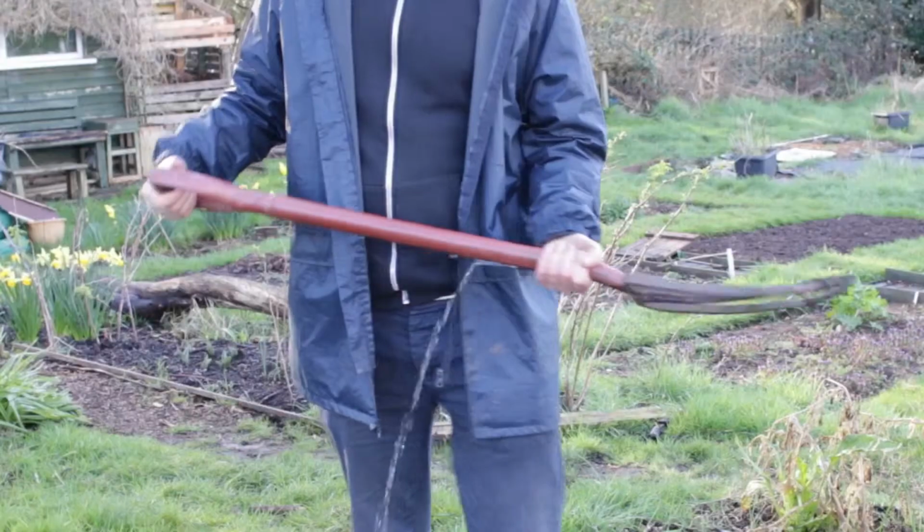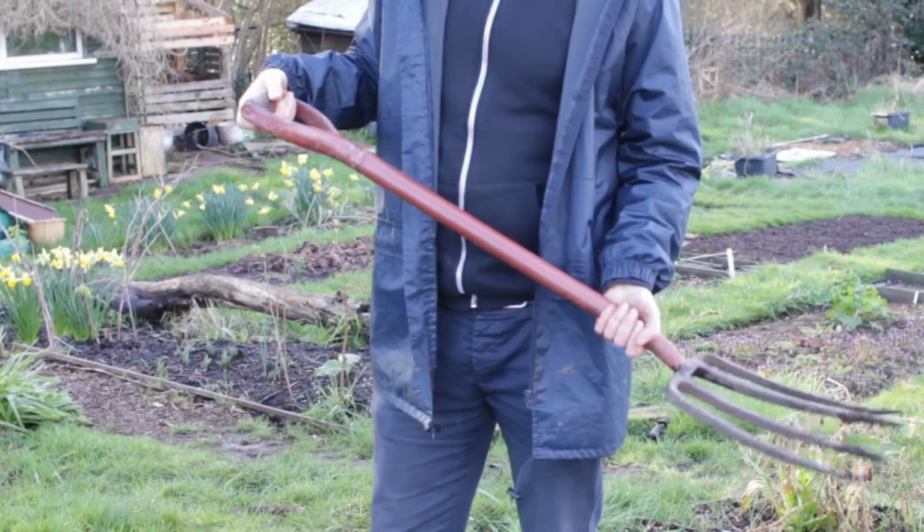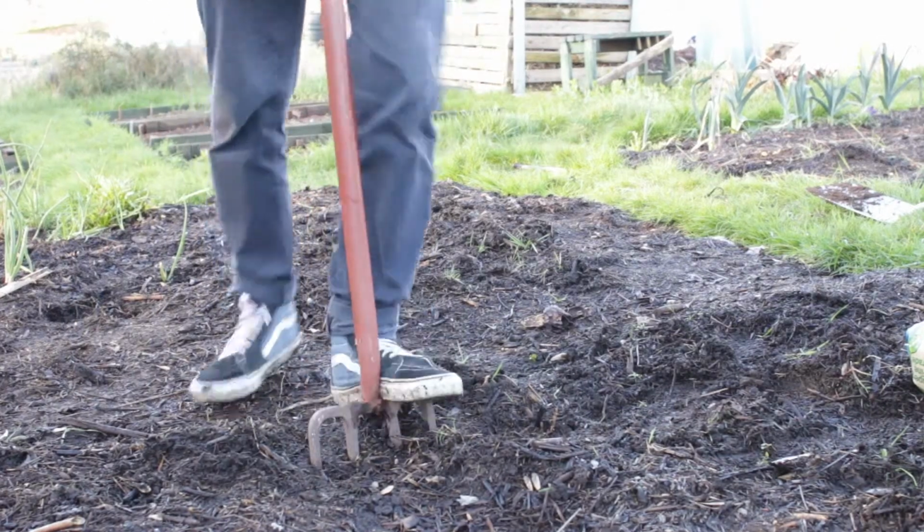My number one recommendation for something that really gets you started on an allotment would have to be a fork, and that's because I find them easier to use than spades. When it comes to digging really clay soil, when I was using a spade, the problem was that I just couldn't pierce through those really thick layers on my Bristol soil, so it was really hard to get through that. Whereas with a fork, I could get in there easily, I could turn the soil. I used the fork to get all my compost onto my soil, I mulch it down, and it's really good